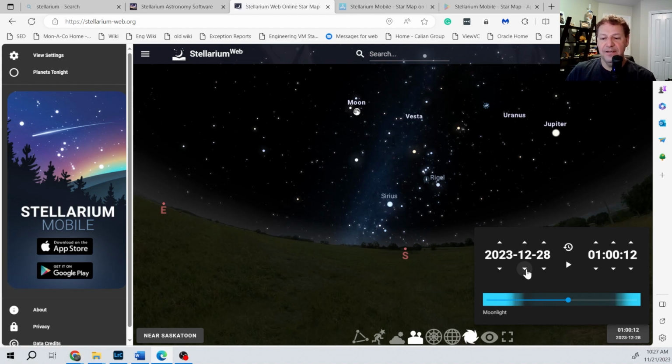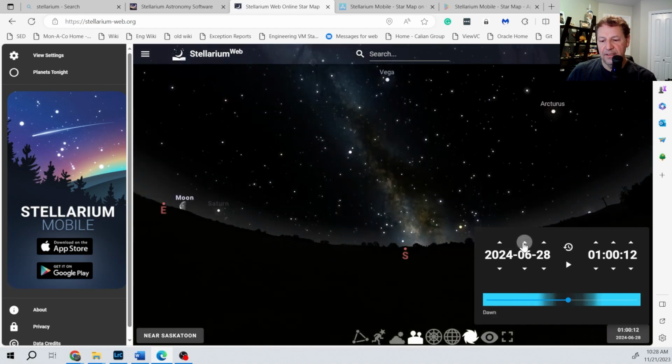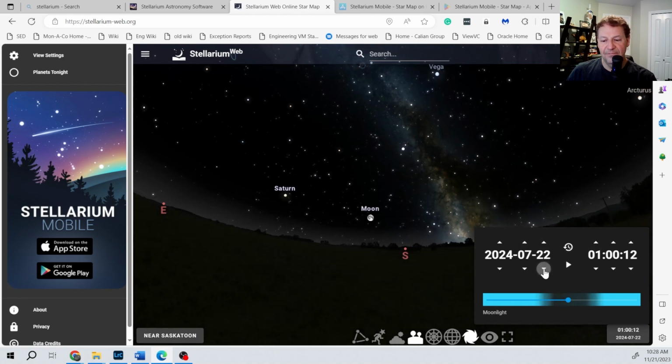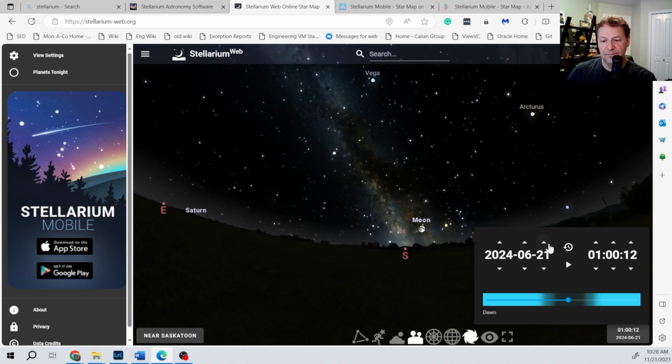So, if we change this, actually I can't change it by a month, but we can see the motion, but it doesn't line up exactly on a month, right? We've got to go for about 28 days. I think it's actually 29. So that's too complicated to do. And then if we go look at July, there's the moon, so it's not too far off. Well, actually, if we do June,